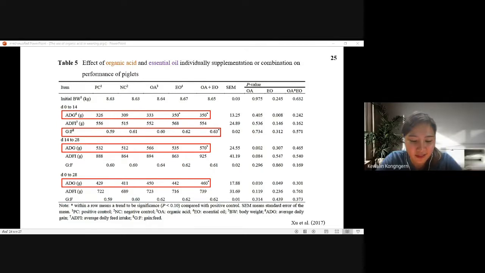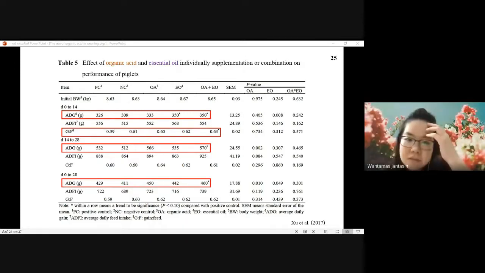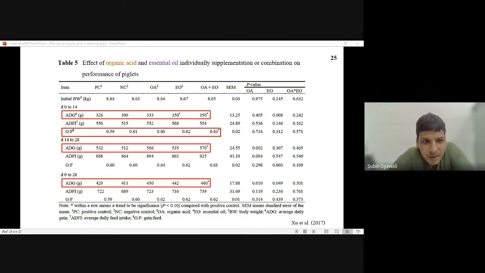You mean why we use organic acid in combination with the essential oil? No, my question is...